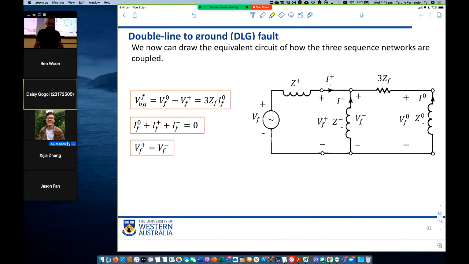Here is a double line to ground fault. Here is the positive sequence circuit. Here is the negative sequence circuit. Here is the zero sequence circuit. And you connect all of them in parallel, right? And then you can do calculations as you wish. So the connection of the circuits for different fault calculations is going to be different. For balanced fault, for three-phase to ground fault,